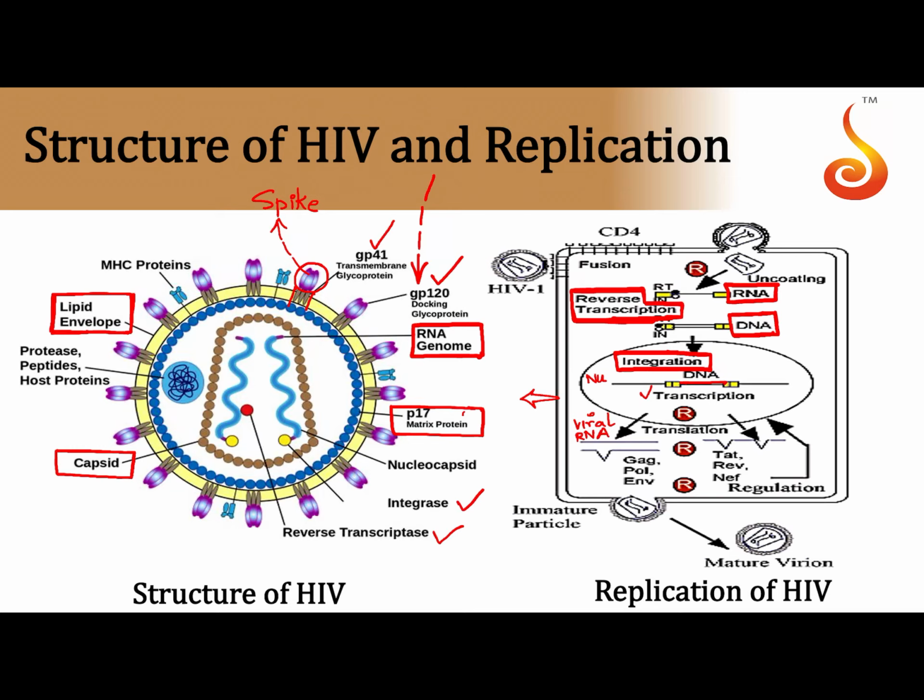The viral RNA and the viral protein will get packaged into immature virus particles, which will finally emerge out of the host cell, which will bud off from the host cell as a mature virion. A newly formed virus particle can be called a virion. Okay, so this is how RNA is converted to DNA. DNA gets incorporated into the genome. The viral DNA hijacks the genome and the metabolic machinery of the host cell, and it starts making viral RNA and protein that get assembled into new viruses which bud off from the host cell.